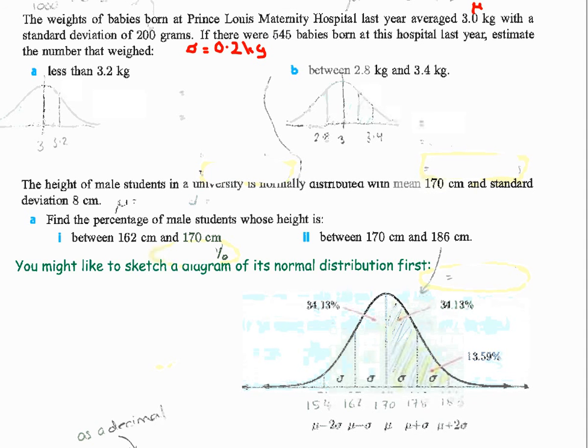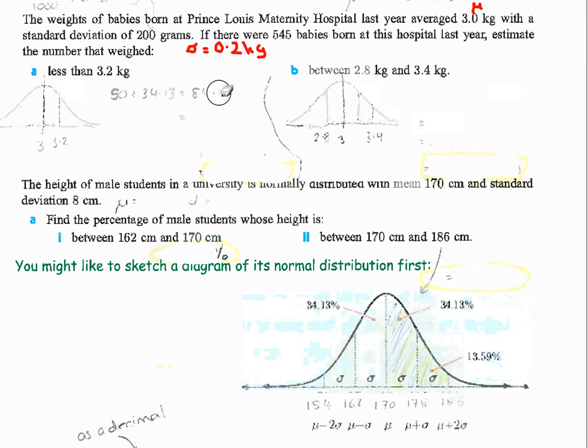And therefore, in our picture we've got our mean of 3. So the mean plus 1 standard deviation would give you the 3.2 kilograms. So they want to know, estimate the number that weighed less than 3.2. So less than 3, because the mean splits it into 50% and 50%, so less than 3 has got to be 50%, plus this little area here, which is 34.13%. If you add that together, 50% plus 34.13%, in your calculator, you'll get